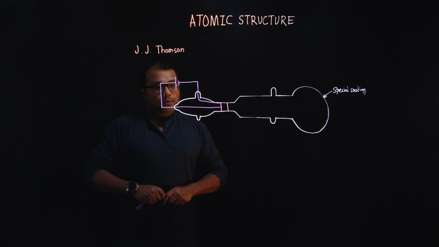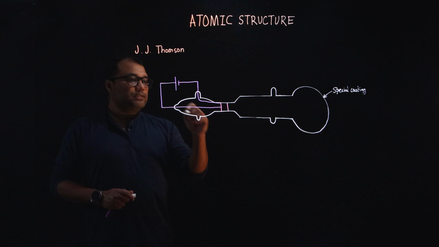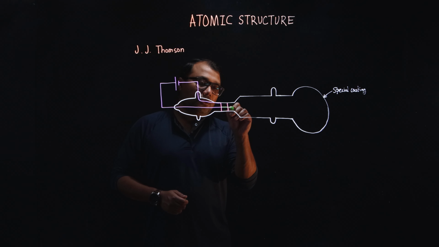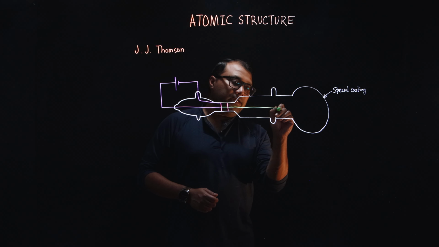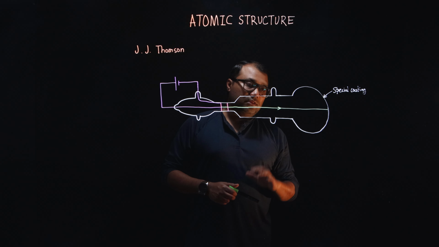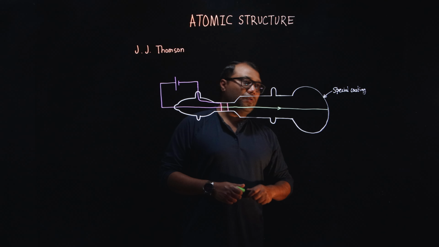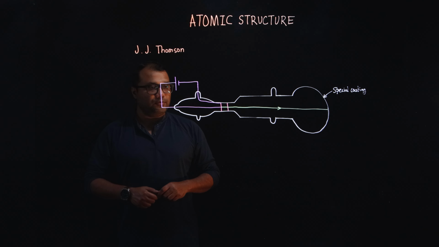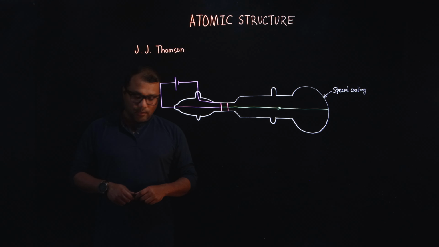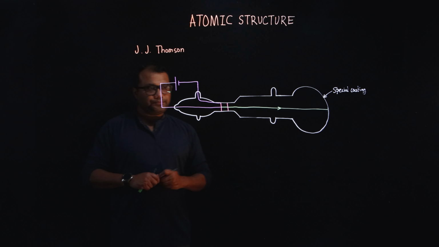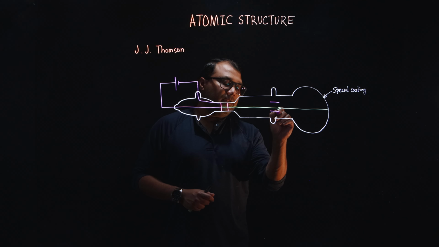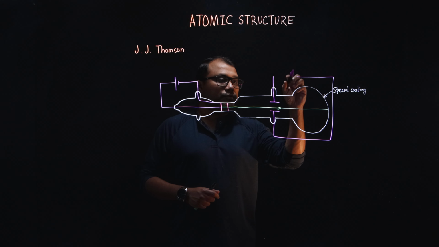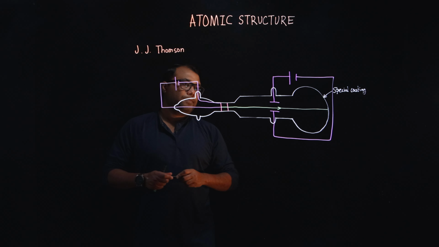So what happens is, when this is connected to a power source, what was observed was a ray shot out from the metal plates, okay, and this ray created a glow on this coating, which was a surprise revelation for Thomson. Next, what he did was he put two more metal plates and connected them with another power source, okay,